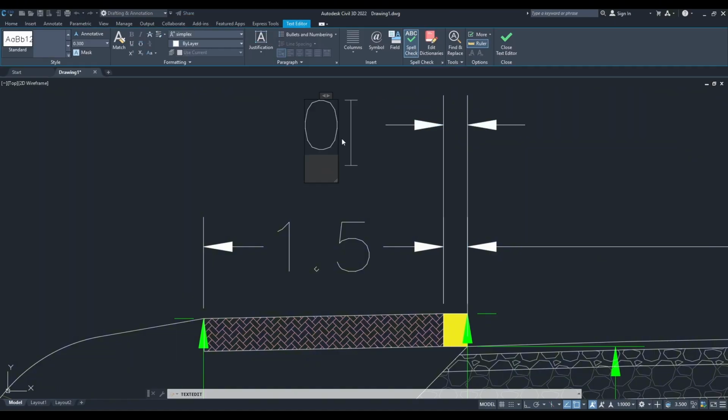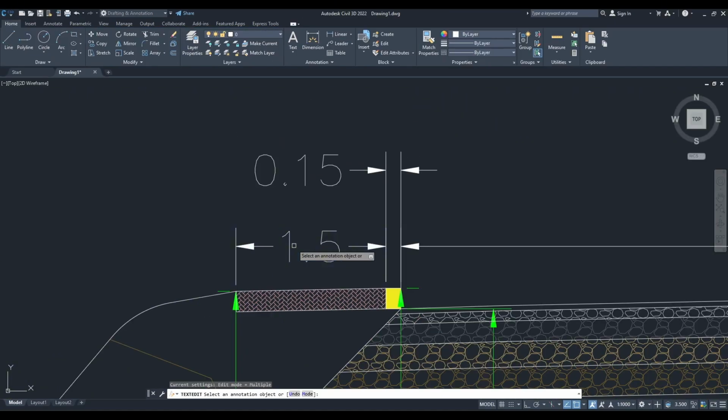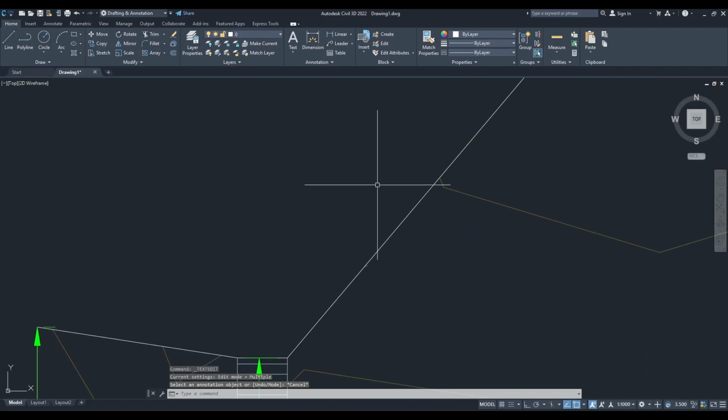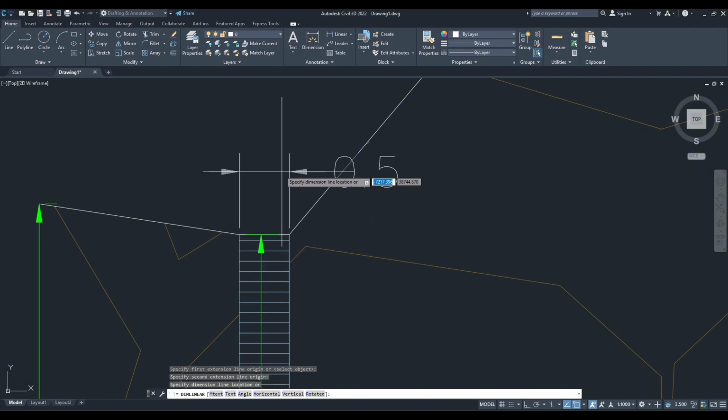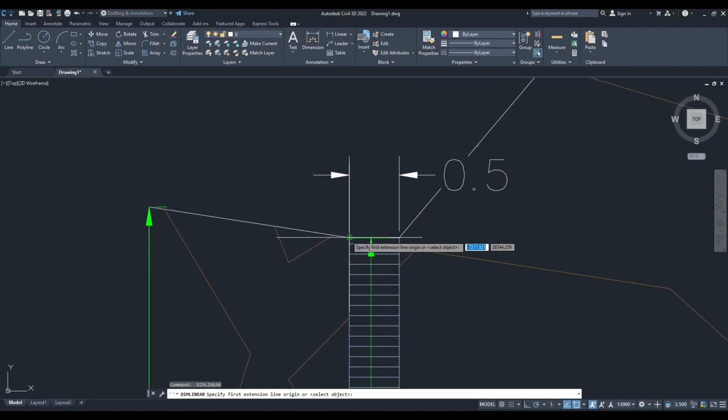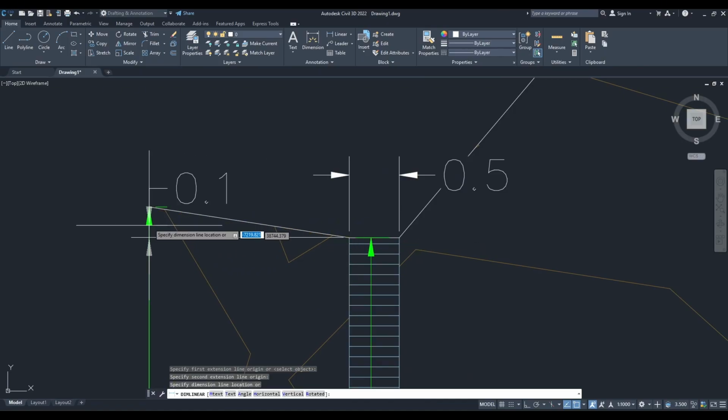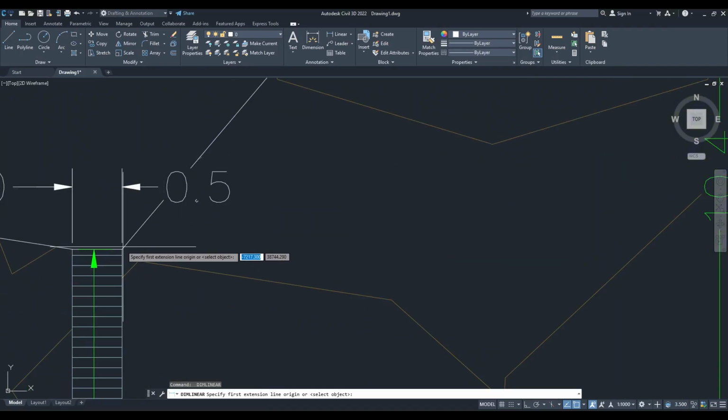This 0.15. Okay, and the drain was 0.5 and this part of ground was 2 meters, and the slope itself was